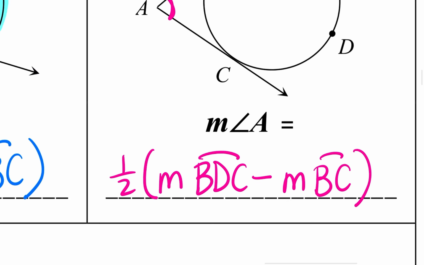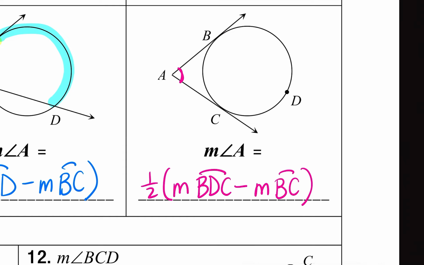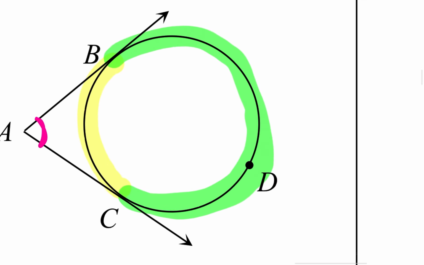Right, so notice how point C is in both of these arcs. So we actually end up completing the circle, right? We take this larger BDC and then we subtract the smaller BC and then of course take a half of that. But notice in the image, right, you've done the entire circle,